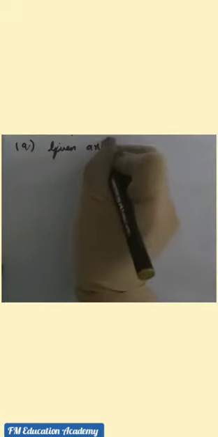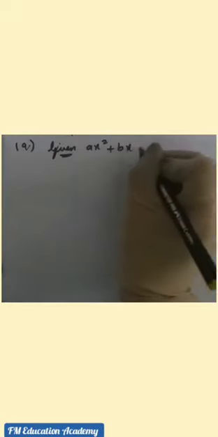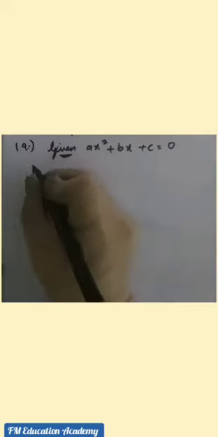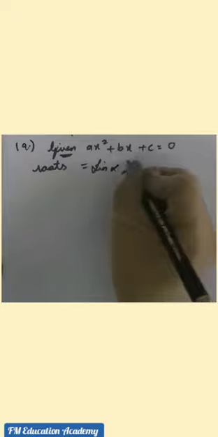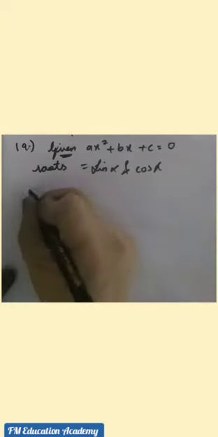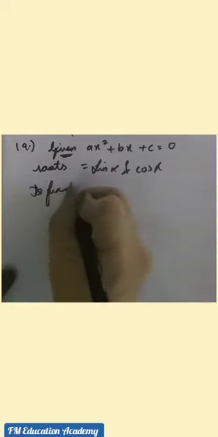So in this type of question, we can know the value of alpha plus beta, and we can find out the value of alpha into beta. So here in the question, it is given ax square plus bx plus c, a standard equation is given to us, and it is telling us that two roots are there. The roots are sine alpha and cos alpha, and here it is asking us to find 1 plus 2 into c by a. Very easy. What we can do?